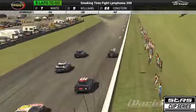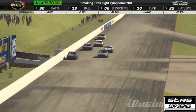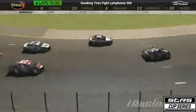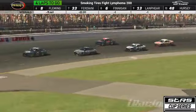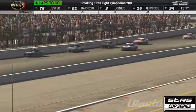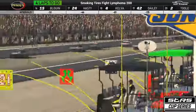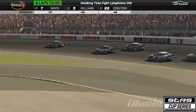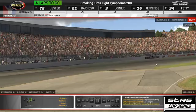5 laps to go. Well, I mean, Ryan Patty currently is pretty much in the driver's seat to win this one. But there is still a battle for third here. The top 3 will talk with us at the end of the race. We're not changing that up at all. The 06 of Justin Bissonette there trying to stay in it, while the 6 of Nathan Finnegan's just trying to get his lap back and maybe a little time back from earlier. Chad Hadlevig in the 25 firing away on all cylinders there. The 8 of Matthew Fleming right there with